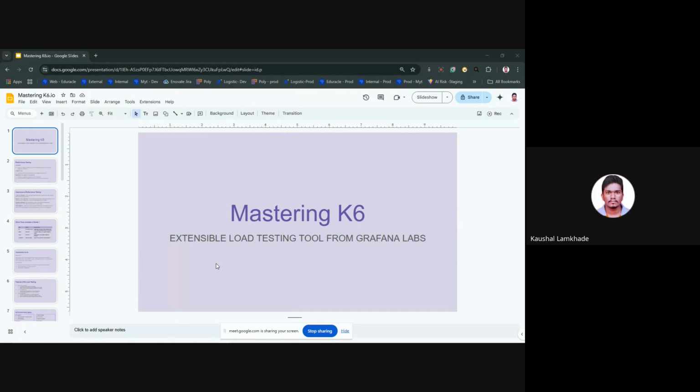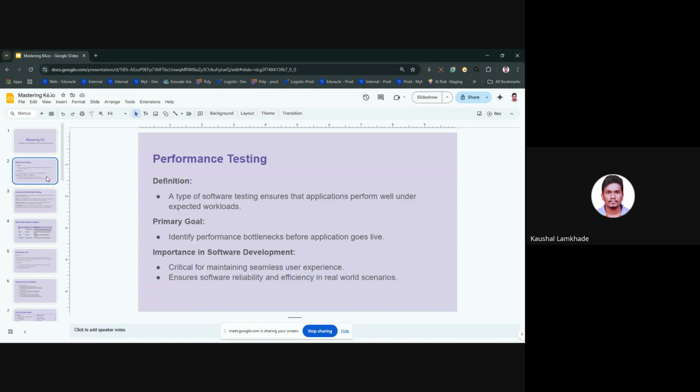Hello everyone. Today we are going to start with the session regarding K6. K6 is a load testing and performance testing tool given by Grafana Labs. Before we start with the session,